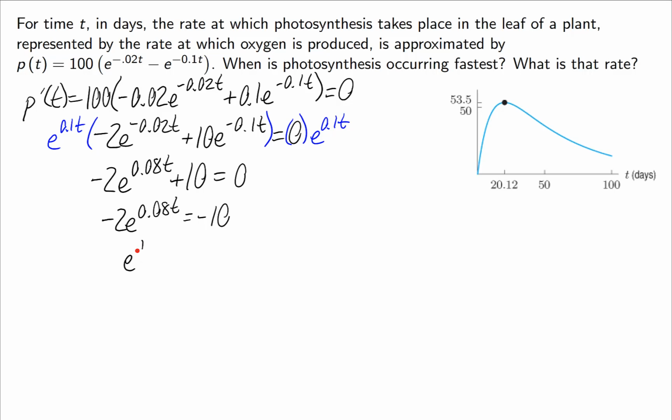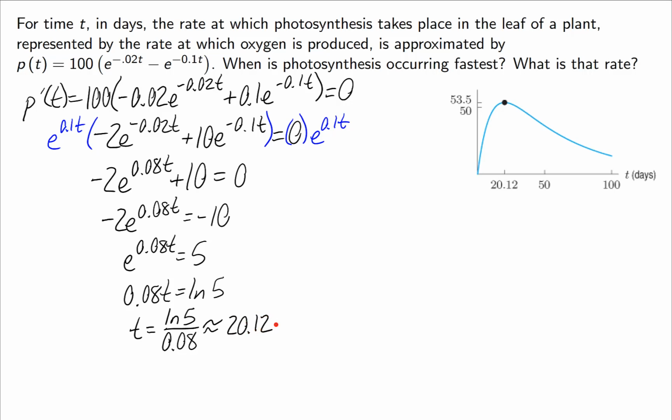Divide by negative 2 to get e to the 0.08 t is 5. Take the natural log to see 0.08 t is the natural log of 5. Keeping in mind the log here would cancel with the e. And then finally divide by 0.08, and this gives us our answer, which is about